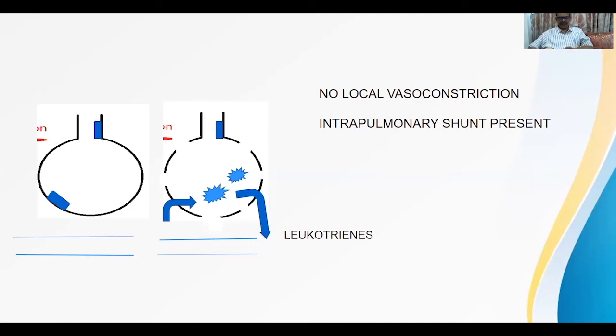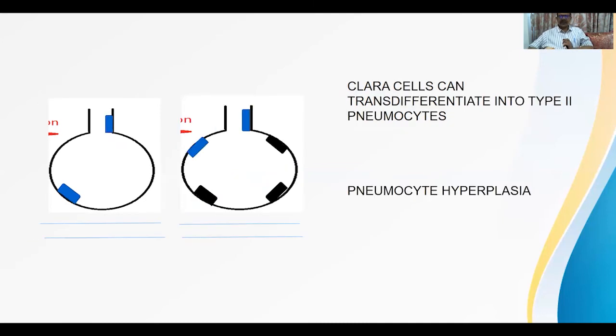Now what will happen clinically? We'll see. Last time we saw in C type there is complete collapse. Here there is partial collapse. This is proven by autopsy findings. But in many cases, they saw pneumocyte 2 hyperplasia. By hyperplasia, we remember that Clara cell can transdifferentiate into pneumocyte 2. Clara cell is intact, pneumocytes are being affected, but it is responded to by Clara cell transdifferentiating into pneumocyte type 2, preventing complete collapse.